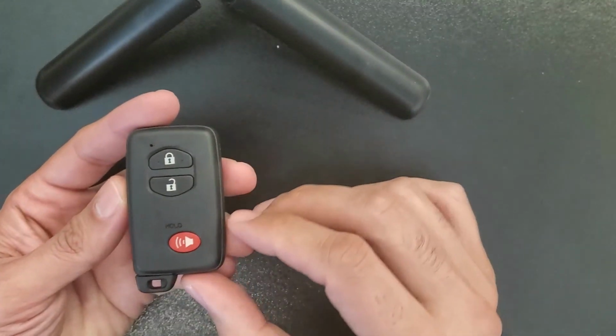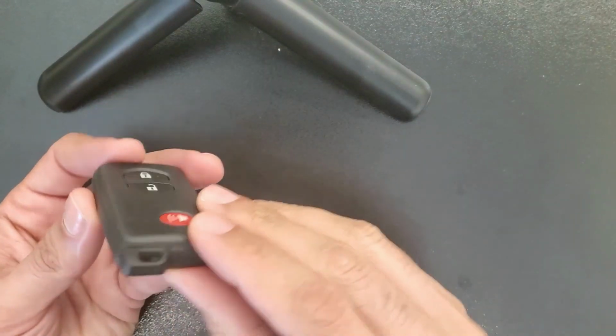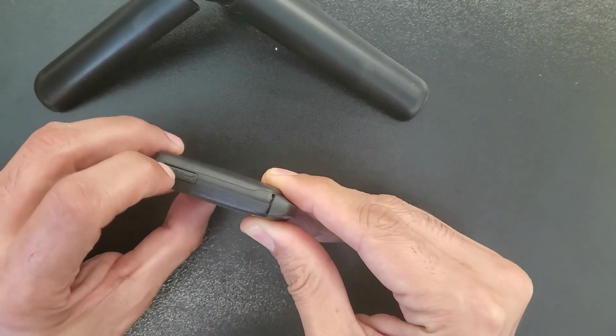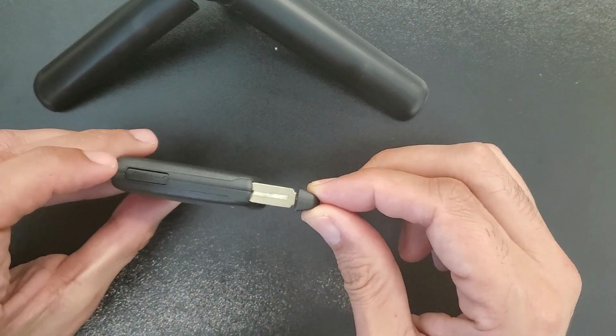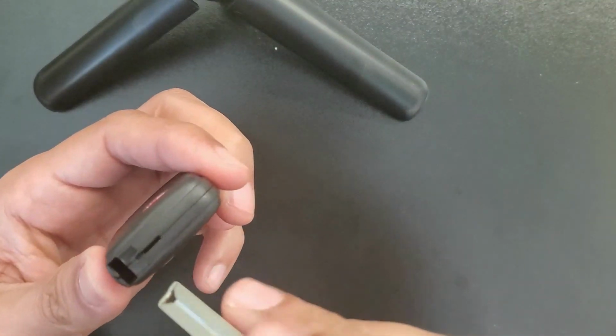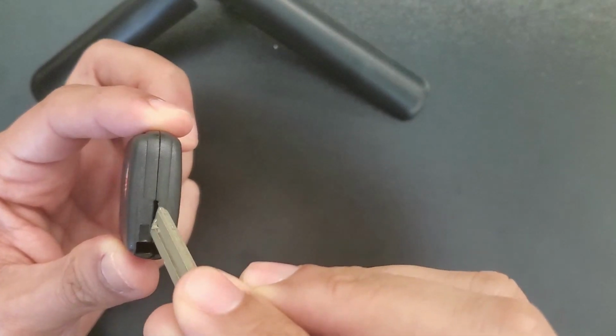Very easy process. What we have to do is to take the emergency key out, which we do by pushing this button right here. Okay, so we push and it comes out. Now what we have to do is, you see this slot right here,